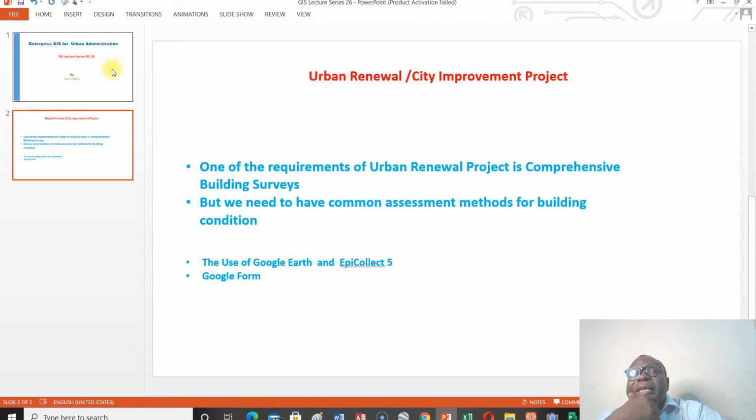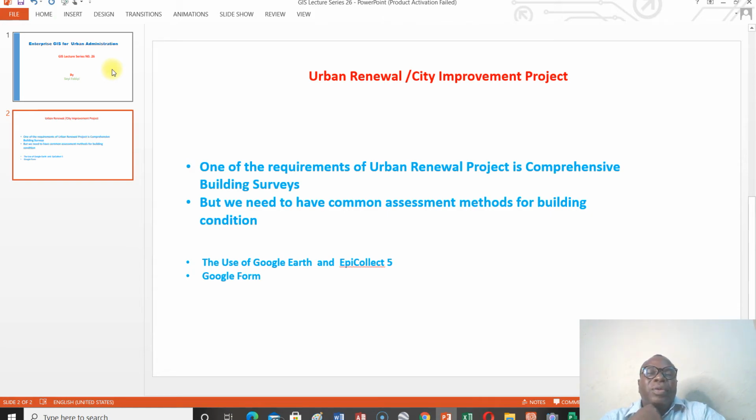It's not completely an objective assessment when we want to look at the condition of a building, because sometimes an enumerator may consider a building as moderately okay, meanwhile another enumerator who lives in a good condition environment may consider the same building as poor condition. So we need a sort of common assessment for